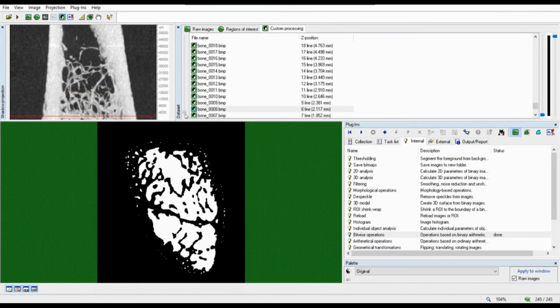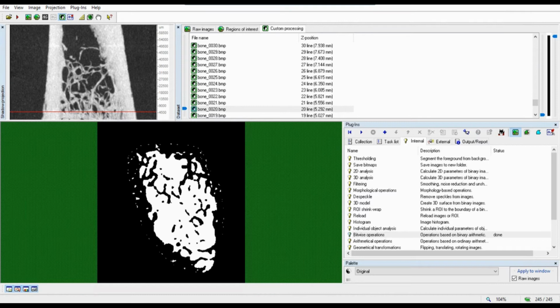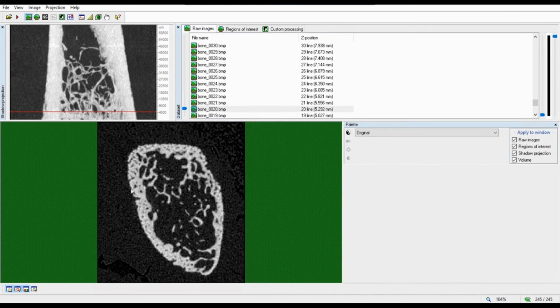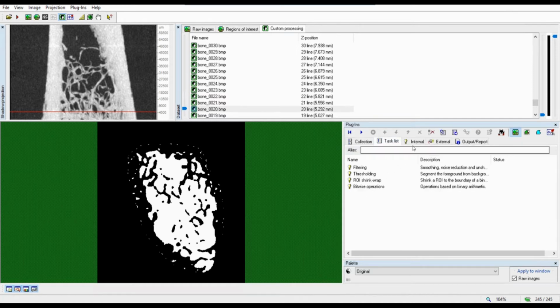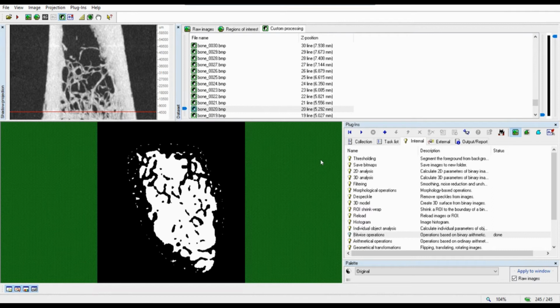So this is what we have. We have a lot of, let's say, noise. These white spikes, these white speckles here, are due to the shrinkwrap that we have used, which wrapped around the sample, and these empty spaces here, the pores that are opened somehow, are appearing here too. Let me see if I didn't forget anything. No. So now we have this. We have to get rid of this